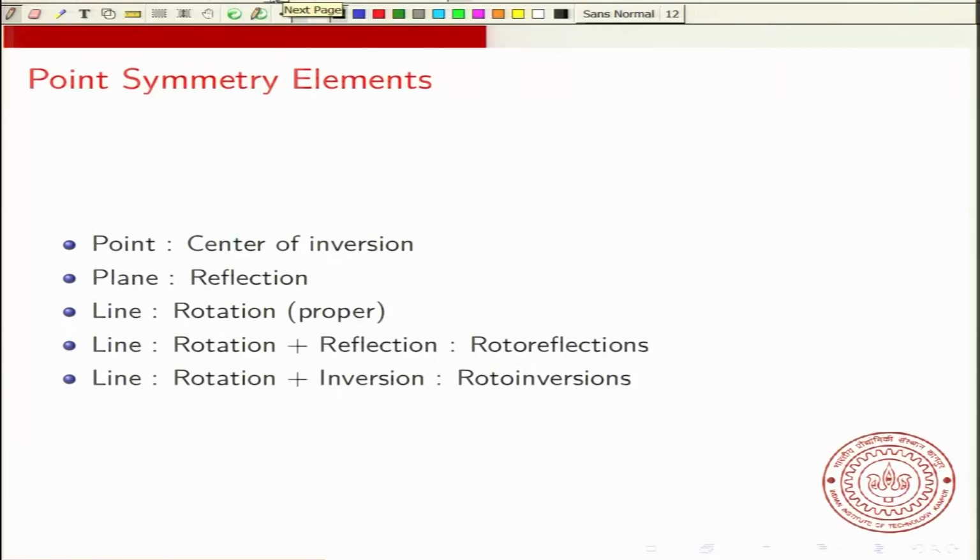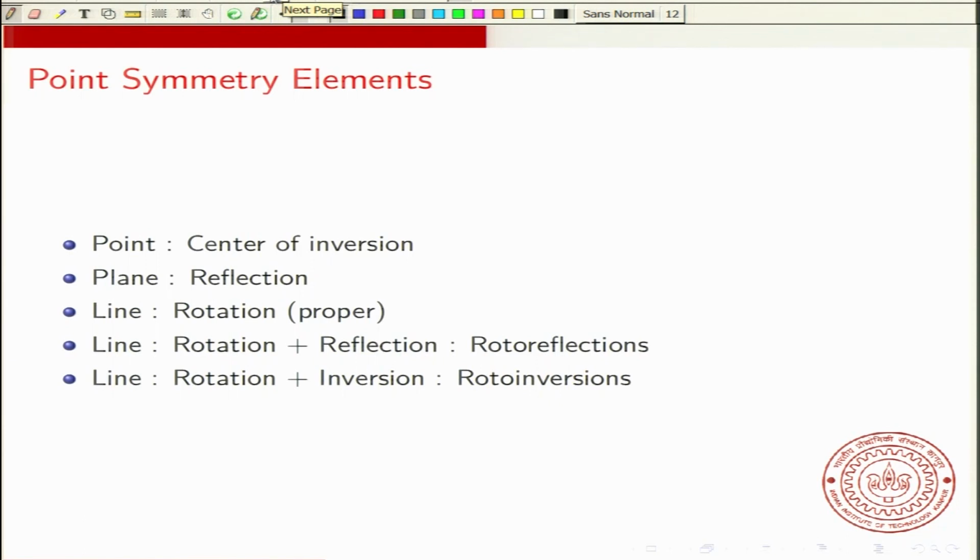So let's continue from where we left off last time. In this lecture I will be talking about reflections, inversions and rotoinversions. To remind you what we discussed in the last class, we said that there are point symmetry elements, and